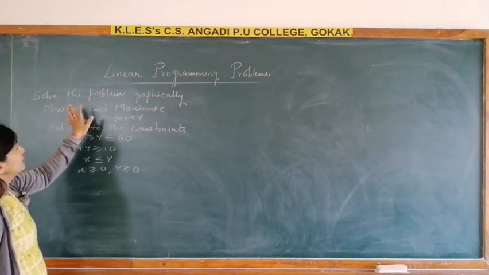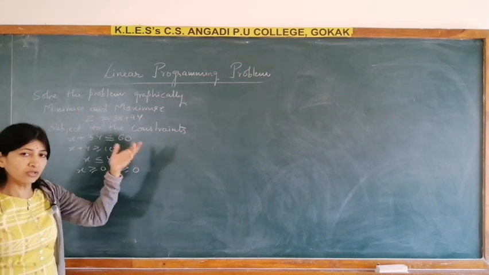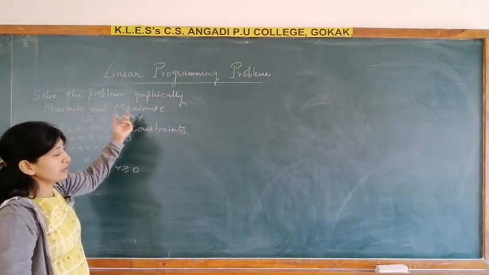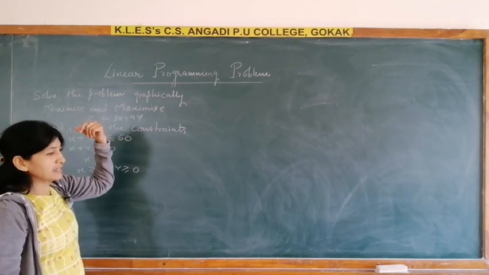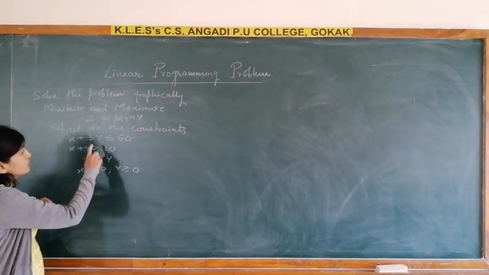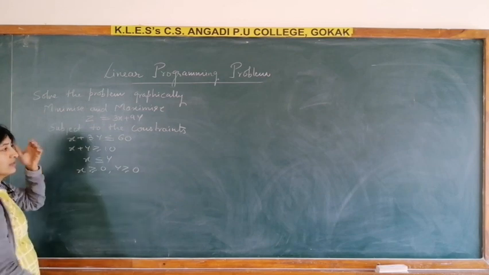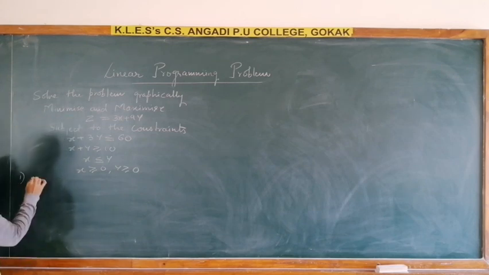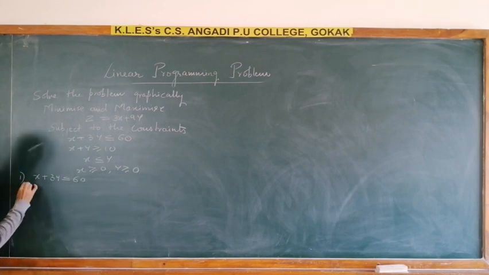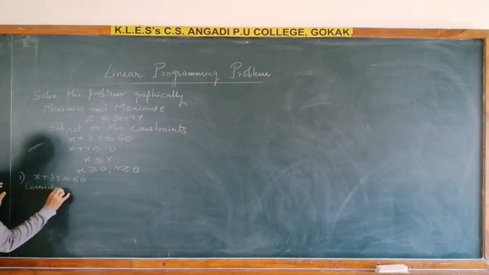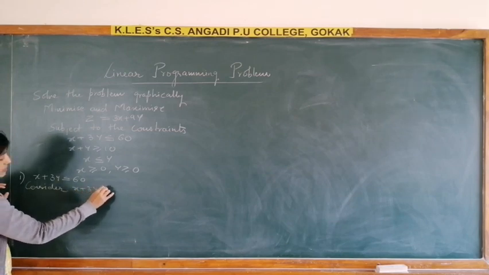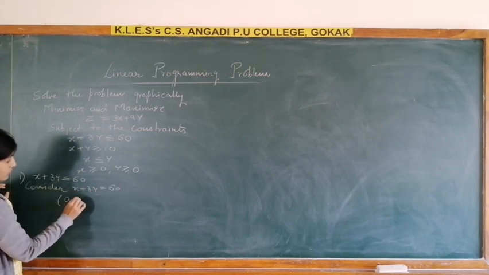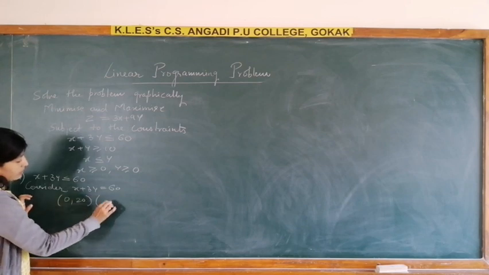It's an important question. I told you sometimes they may ask you both the values, maximize and minimize, which means this objective function is maximum and minimum at what point. So what are the given constraints? These are the given constraints. Now same way as I told, first you have to take the constraints one by one. So the first constraint is x plus 3y less than or equal to 60. Always consider the equation. So consider x plus 3y is equal to 60. When x is 0, y is 20. When y is 0, x is 60.